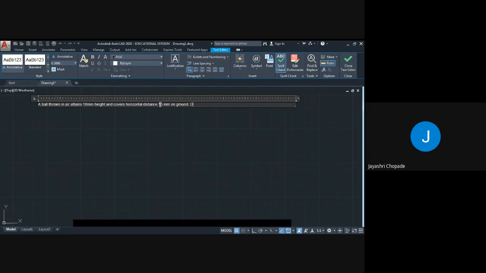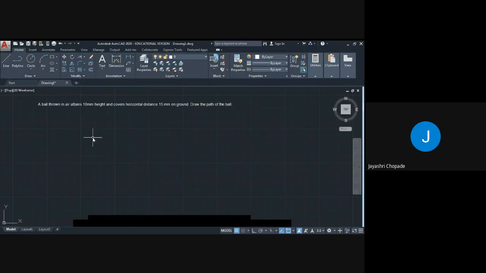Draw the path of the ball. This is the problem statement.